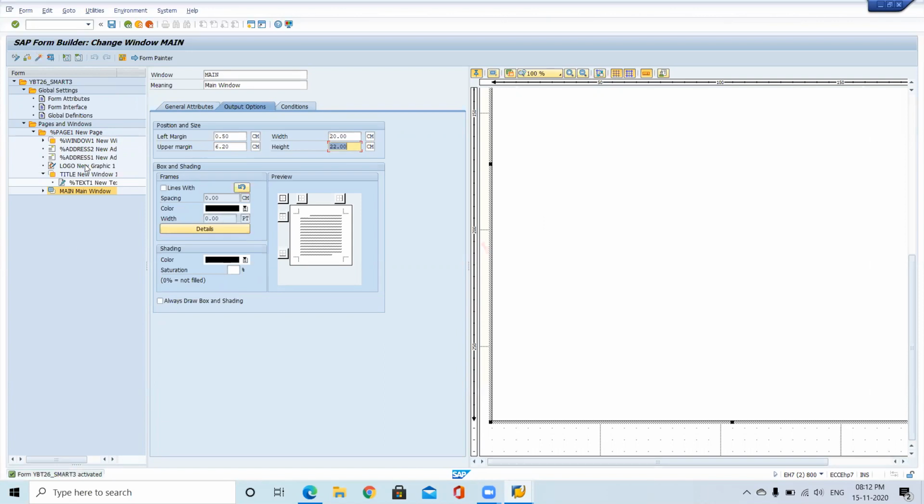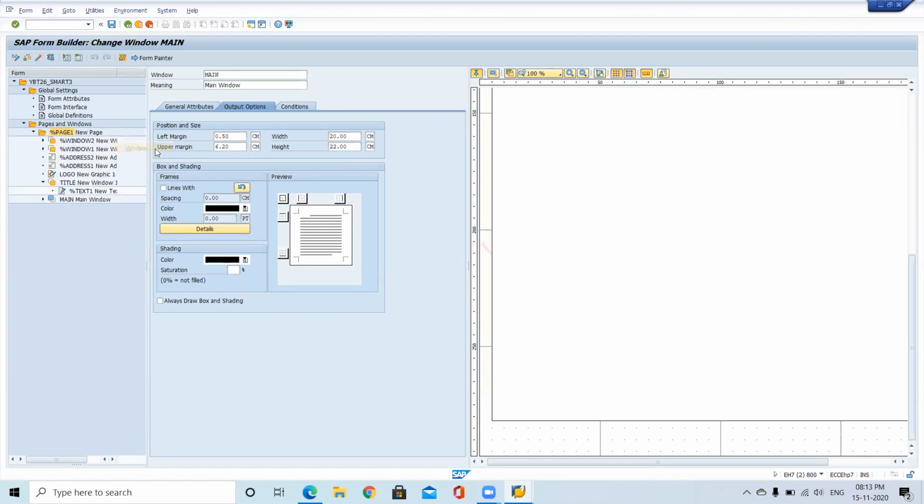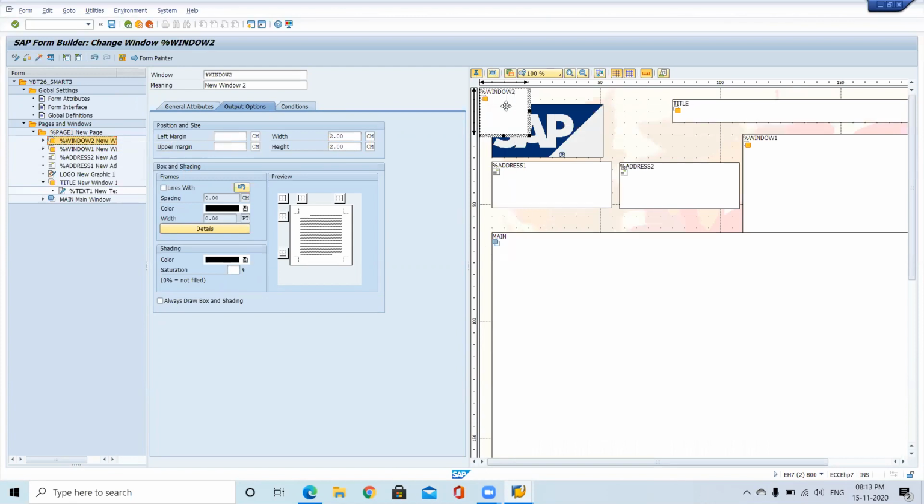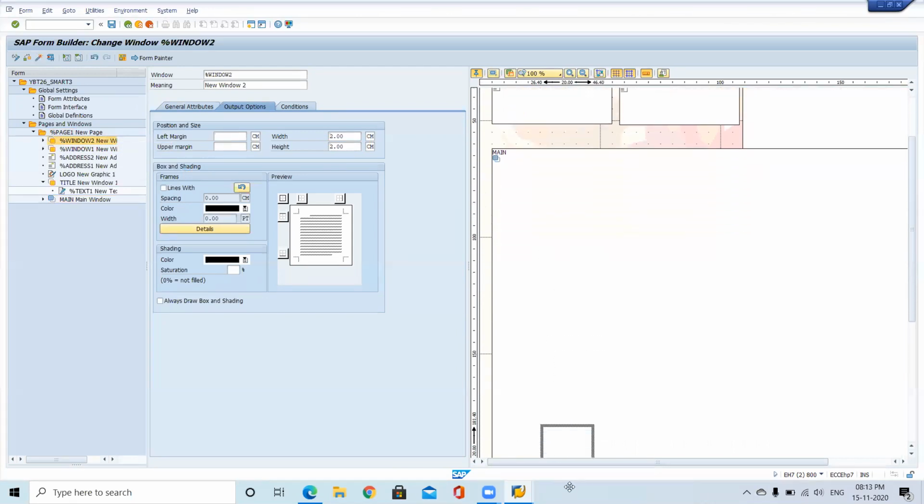So what I'm planning, I want to create a new window, where I want to place it at the bottom of the page.